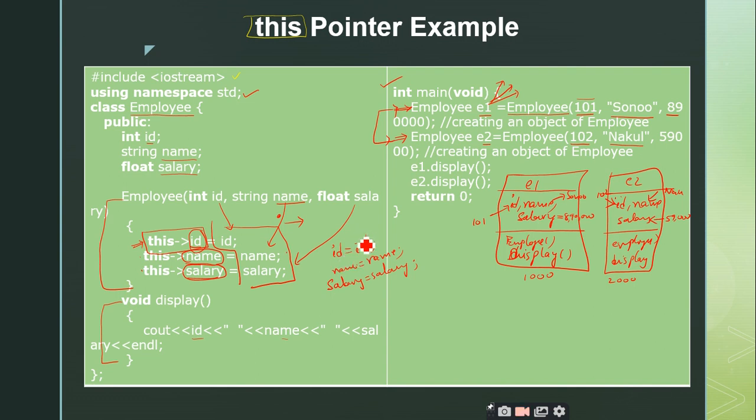Am I going to assign the object's id to the parameter, or the parameter to the object's id? In order to avoid that confusion, you should say that the LHS part of the equation belongs to the object. So in order to say that this LHS belongs to the object, you have to use the this pointer like this.